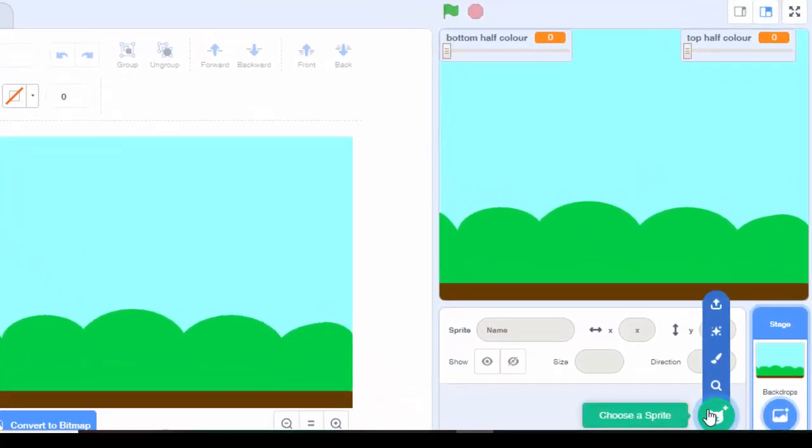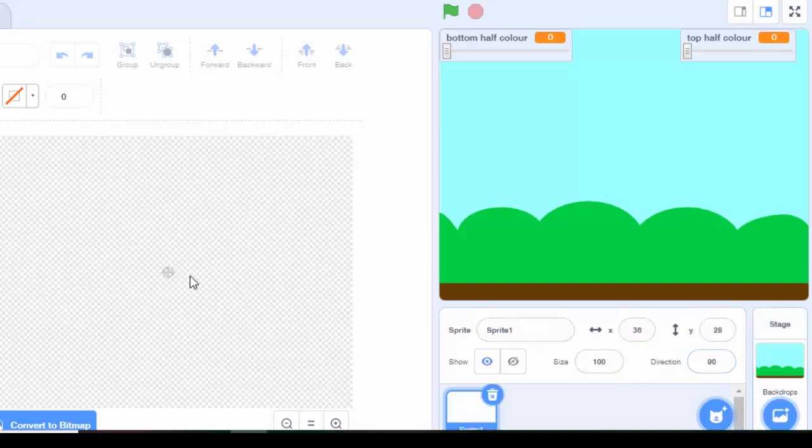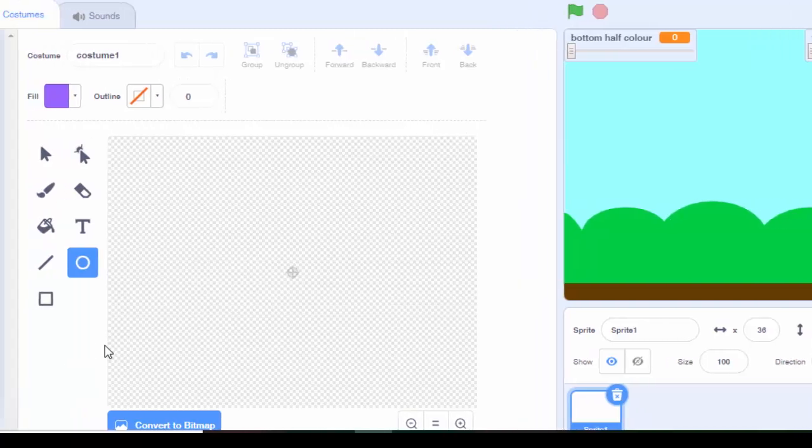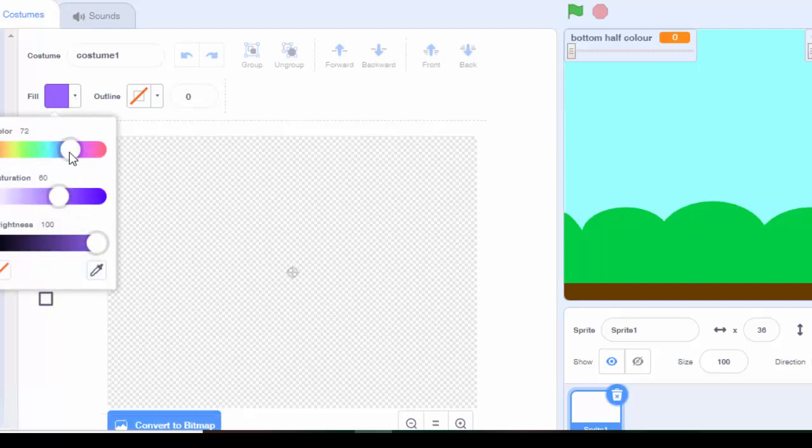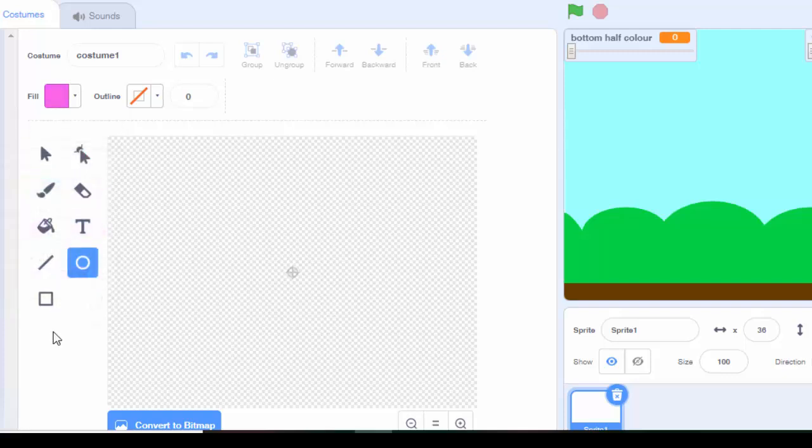So I can see down here I've got the button for choose a sprite. So I'm going to go to paint a sprite in this case. And then over here you can see that I've got these drawing tools. So I'm going to start off by using this paintbrush, but before I do that I need to decide on the colour. So it starts off with this purple colour, and I can use these sliders just to change this colour. So I'm going to go for this pink colour here,